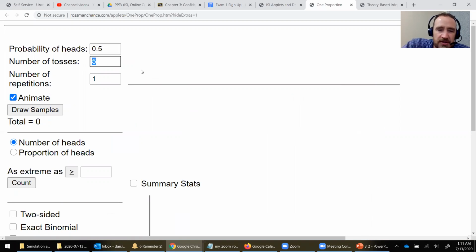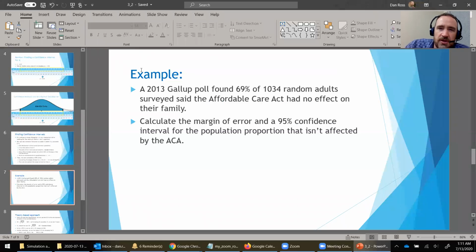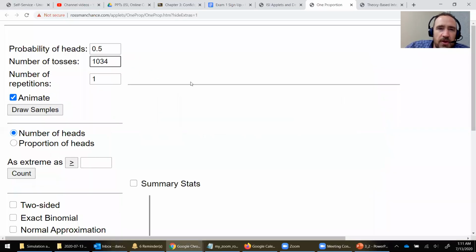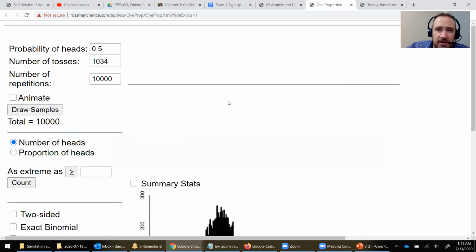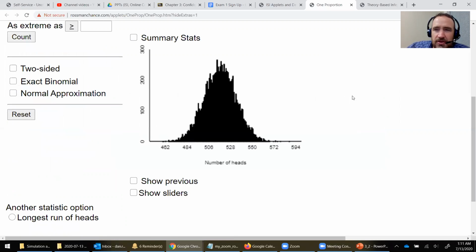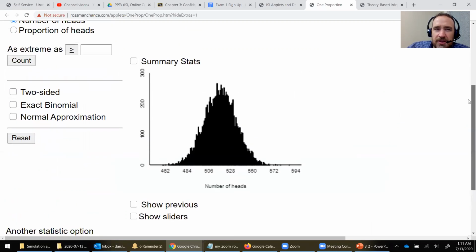What's the number of tosses? That should match the 1,034 adults that we had in our sample. And then I'm going to go ahead and crank out 10,000 repetitions. I'm starting to get bigger numbers here. This is over 1,000 in our sample. I got quite a bit to simulate, but I think it'll handle it okay. Let's take a look. Yeah, it didn't show me any of the little spinny wheels there, but I do get